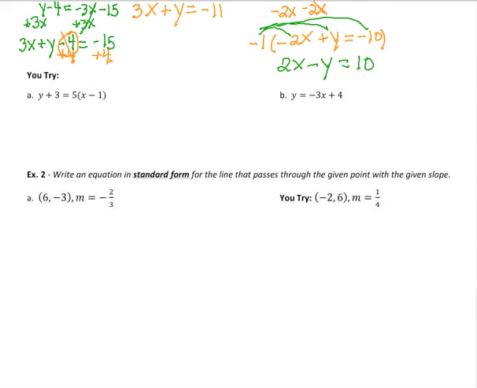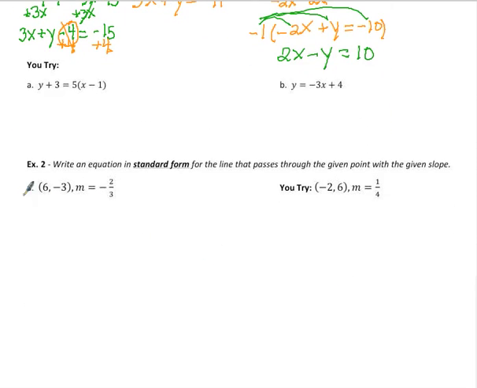After you do those, you're going to go down to example 2a, and again, we're writing in standard form, but instead of it already being done for us, we actually have to put it in a form to switch it to standard form. We don't go straight to standard form at all. There's not a formula for that. So we're going to use point slope form. Why? Because I'm given a point and a slope. So I'm going to go y plus 3, because it's minus a -3, equals